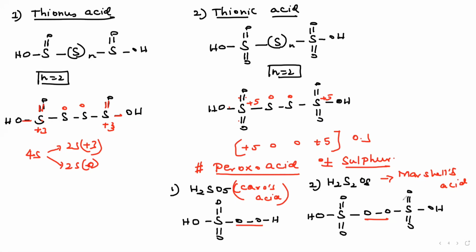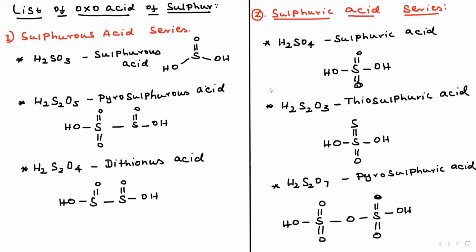Now I'm going to show the common overall oxyacids of sulfur. I'm going to show this list. See the next slide. Okay. This contains the overall list of the oxyacids of sulfur. What is the first one? The sulfurous acid. See, what is sulfurous acid? H2SO3. Okay. This is called sulfurous acid. And H2S2O5 is the pyro. I take 2 moles of sulfurous acid, I get a pyro, right? Similar to thiothionic acid.